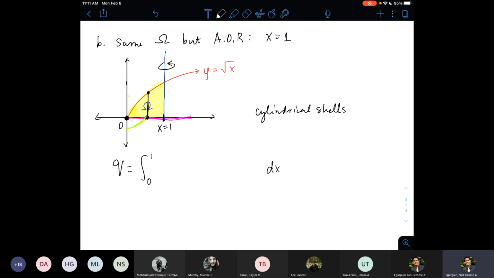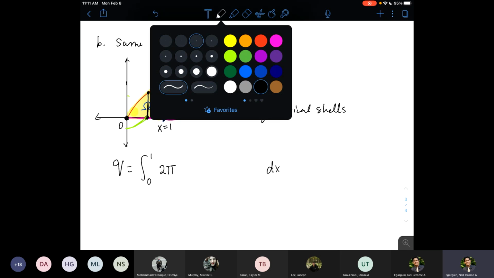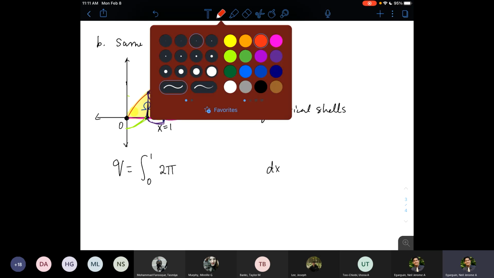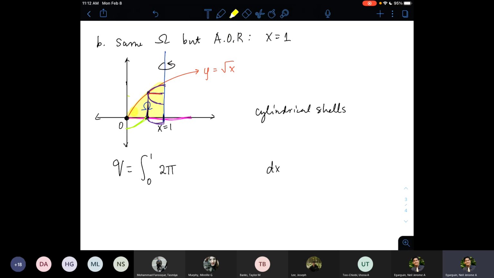And for cylindrical shells, we need 2 pi radius times height into the integral, right? And then let's draw a cylinder in order to have a good picture of how these elements look like, right? So a typical cylinder will look like this, or half of a typical cylinder will look like this, okay? And then now the radius of this cylinder is this length. That's the radius of the cylinder. Well, how long is that radius? Well, from here until here, we know that's going to be x units. That's 1 unit. Because from 0 to 1, that's 1 unit.